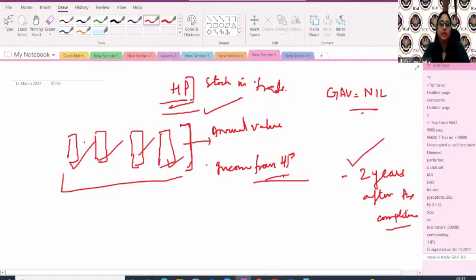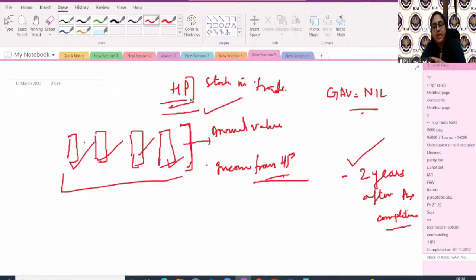Why did these things come into the picture? Because builders were into such practices of letting out the houses without selling them. Kisi ko kya pata chalega from the concept? Now, if they're letting it out, the government wants to take tax on the house property, but they understand that immediately on construction, the houses are not sold. So we understand it will take a year or so. So once the house is completed,